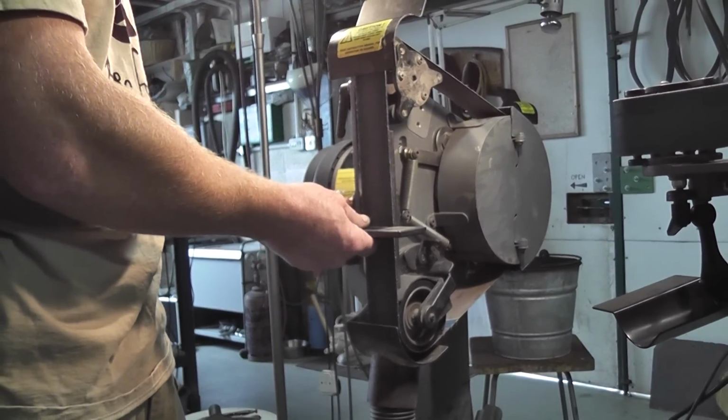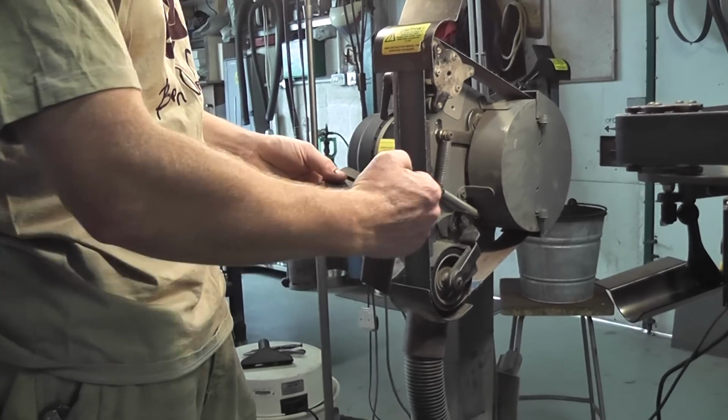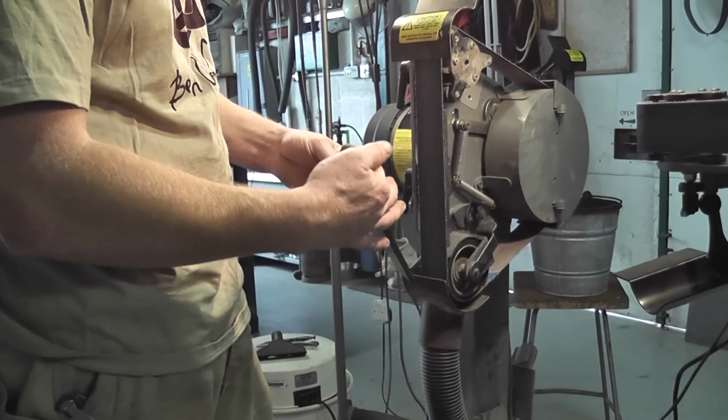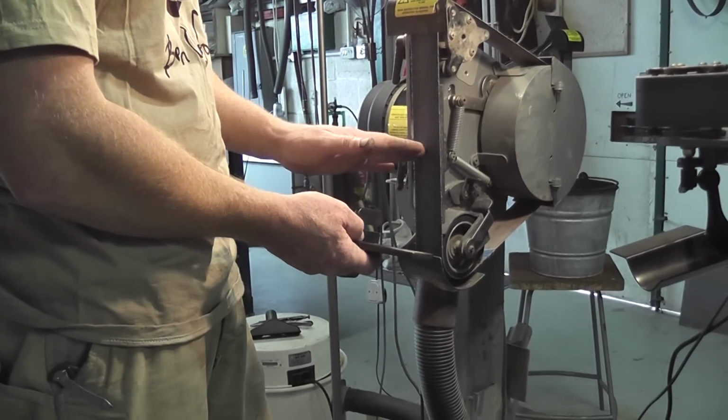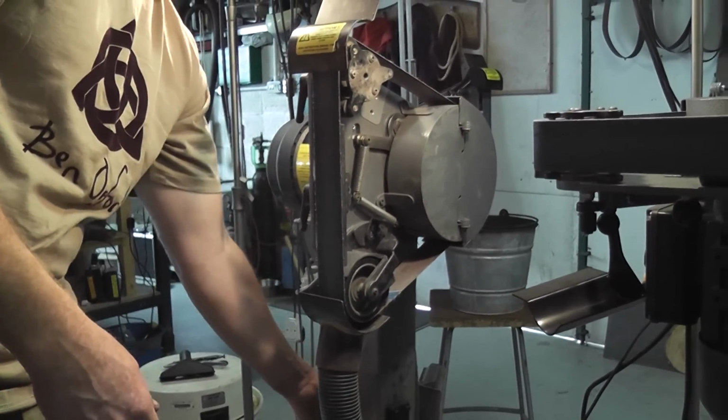If we remove that, we can also adjust here with an Allen key, and we can set this to different angles. At the moment it's set to 90 degrees, so I can get very nice square cuts on the grinder itself. The other areas that we've got